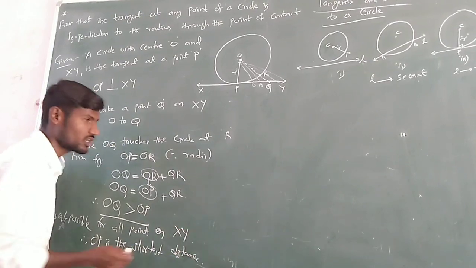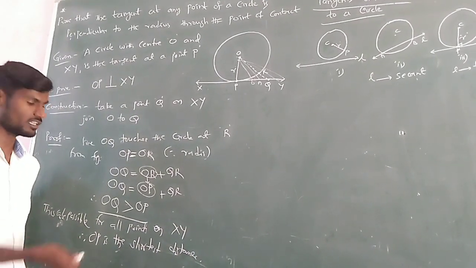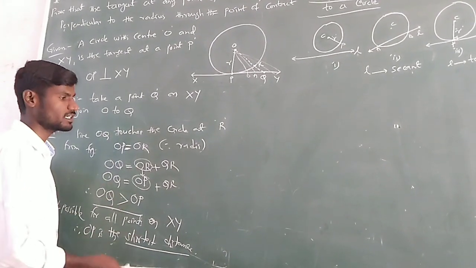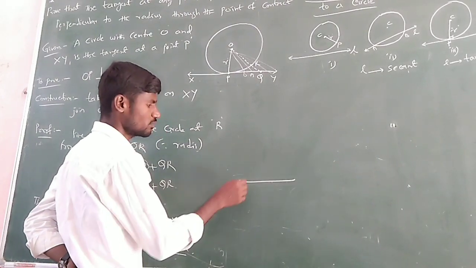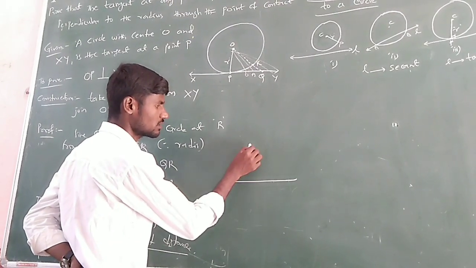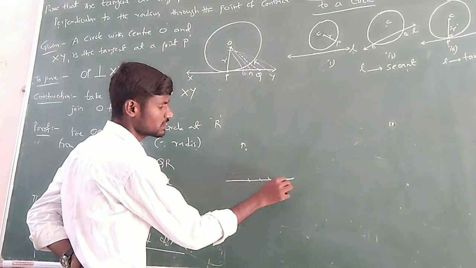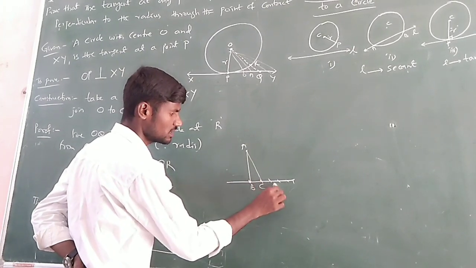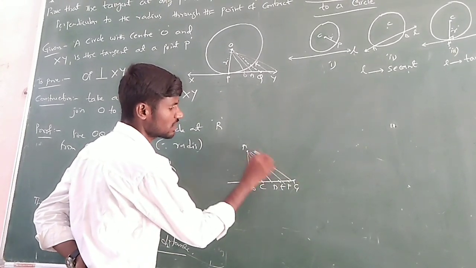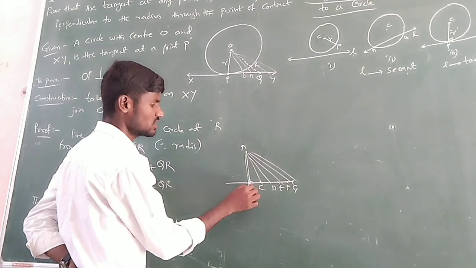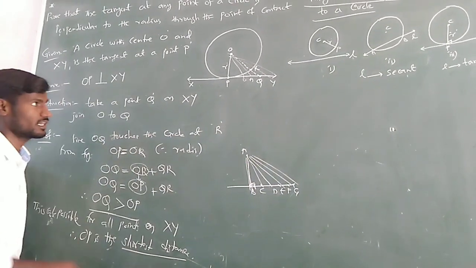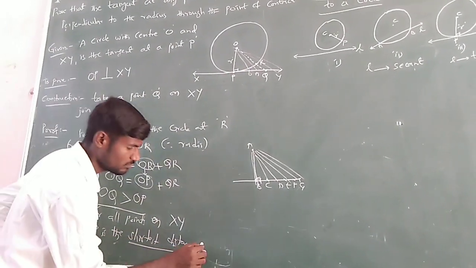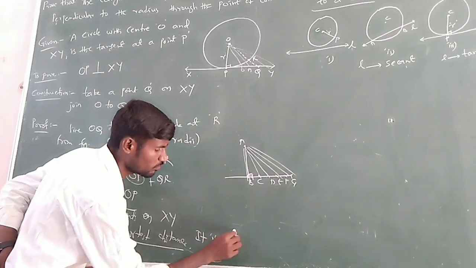So we know that the shortest distance is clearly a perpendicular. The shortest distance is possible only if it is perpendicular. Suppose you have a line, and you take a point A, and so many points on it. If you take some other point B, and some other C, D, E, F, G like that, you observe these are all more, only this one is the shortest. Shortest means it is indirectly perpendicular. Like that here also, OP is perpendicular to XY.